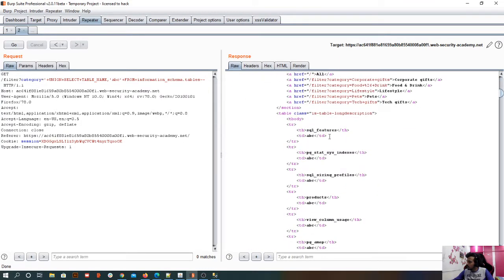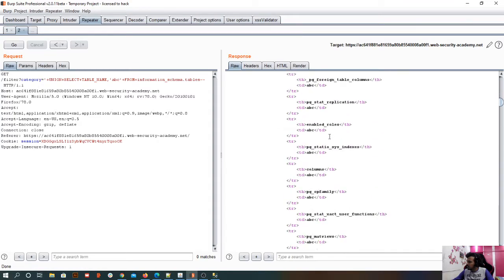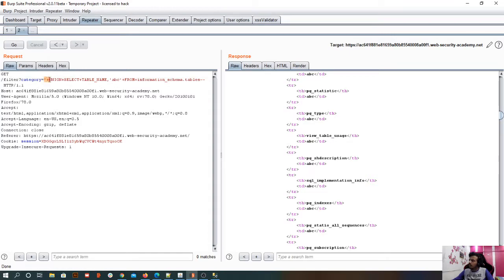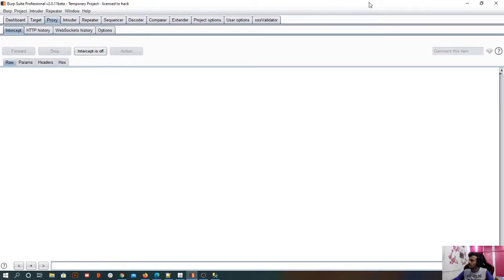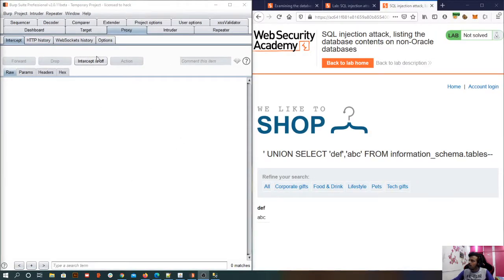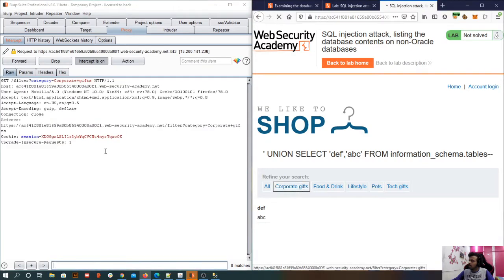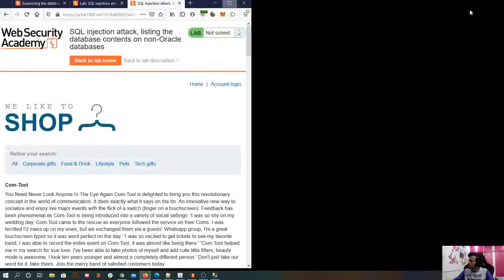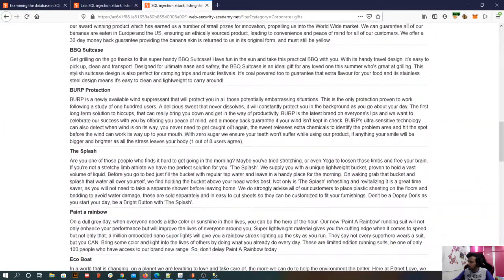So what all tables are there? Views, ABC. There are too many tables. Let me try to render this on the browser, then we can see it properly. So copy this value. It is taking time, no problem. Let me open my browser first. And now intercept is on. Hit this again, and I have my value. And yeah, so intercept is off. Now let me zoom full screen, and I should see table names here.